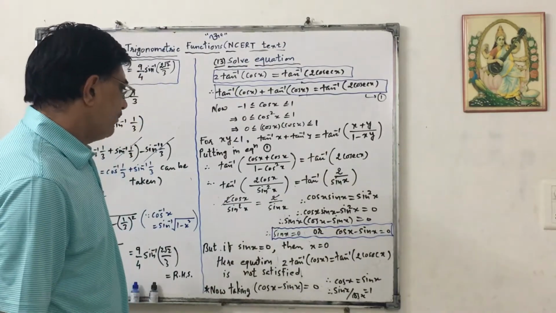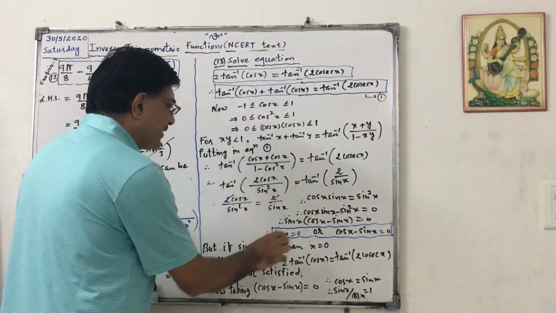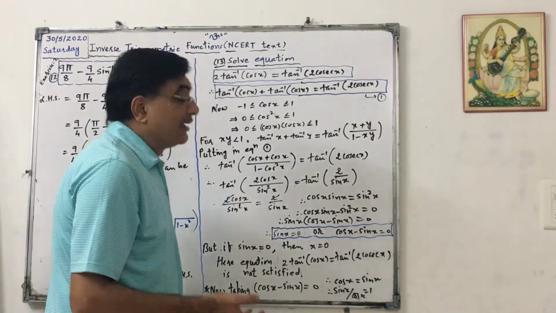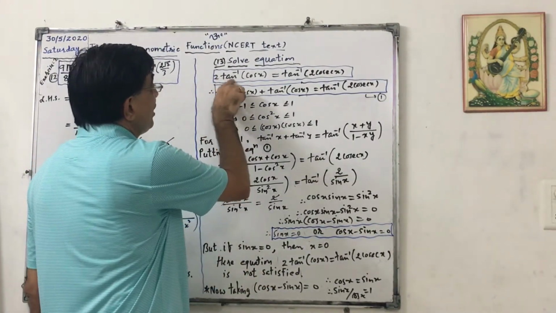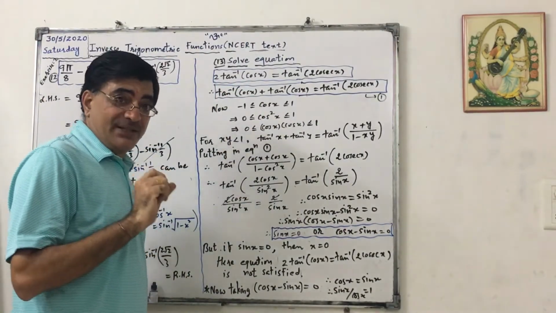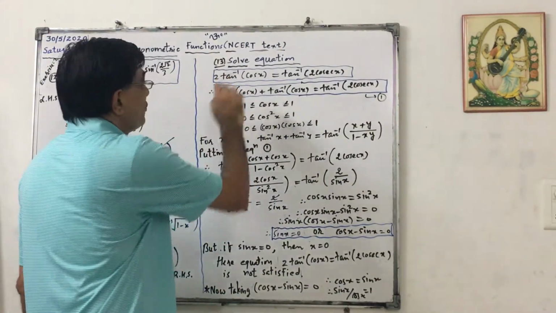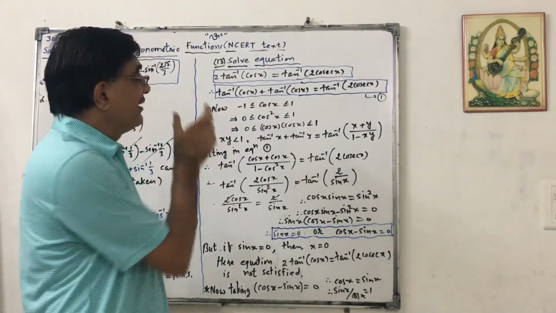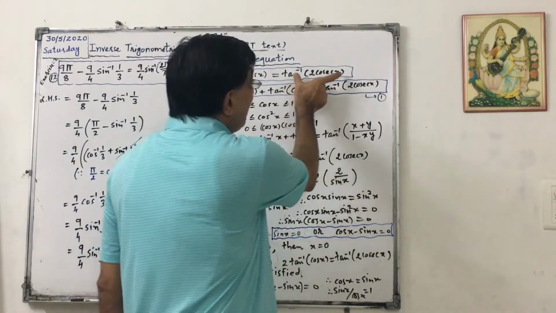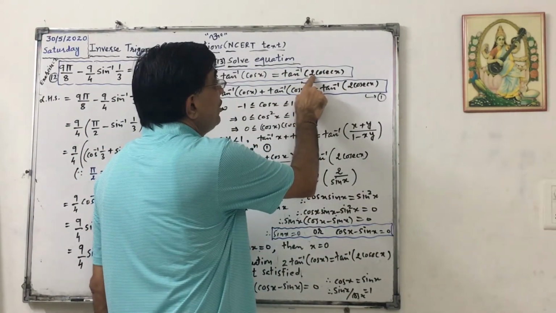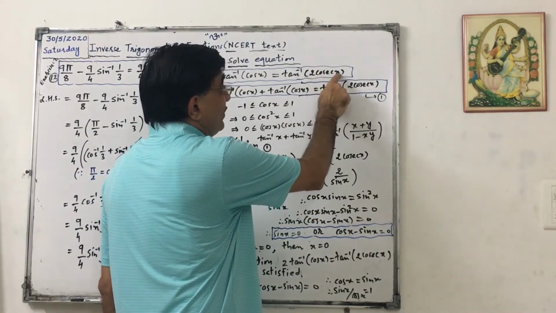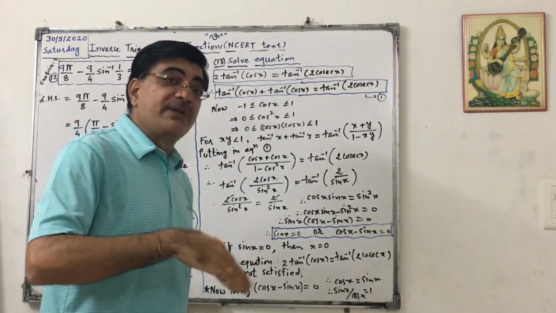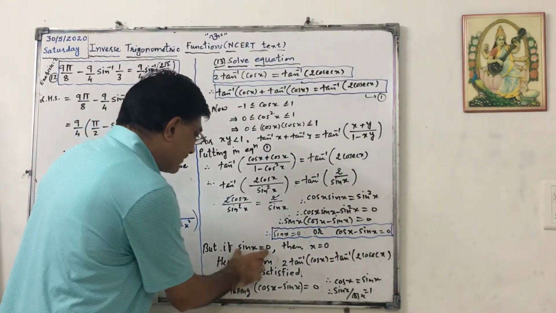Okay. Now see, if we take sin x equals 0, we know that in that case x also will be equal to 0. But in that case what will happen? 2 tan inverse of cos 0. Cos 0 is 1. Okay. So 2 tan inverse of 1. Tan inverse 1 equals pi by 4. So 2 into pi by 4. That is left hand side. But what will happen in right hand side? See, tan inverse of 2 cosec of 0. That will be infinity. So the equation won't be satisfied. So this is not possible.